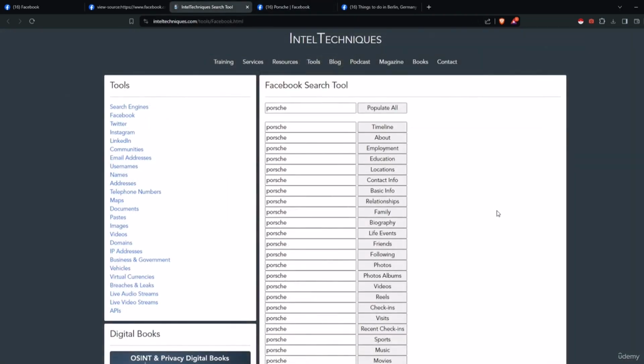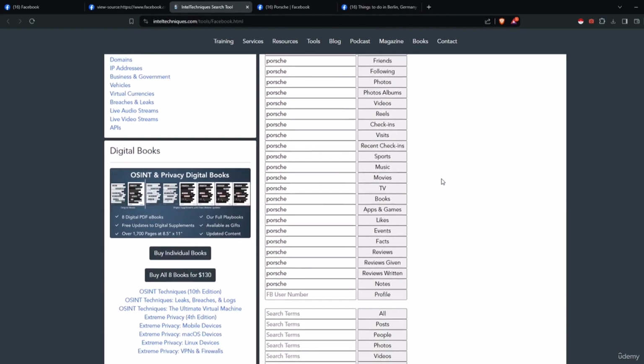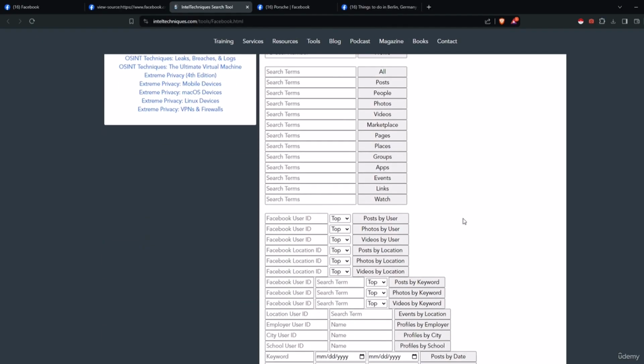Now, once again, why is this tool rather useful than going manually through those pages? Keep in mind that when we are performing many searches on multiple targets, we don't want to miss anything. And by going one by one here, we can make sure that we capture everything we need to know. The first part is literally the same thing we just covered on Facebook, so I'll just scroll down to this particular section. Here is where we need the user ID. First, we get a few simple searches of posts, photos, videos, and so on. These can be sorted by the most relevant ones or by the year.